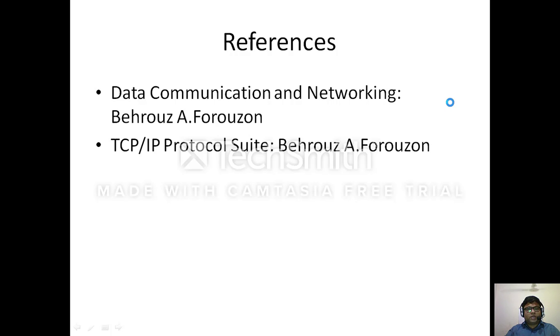So today we have seen FTP, the File Transfer Protocol, and TFTP. We have seen that FTP works over TCP/IP, and there is a control connection and a data connection.